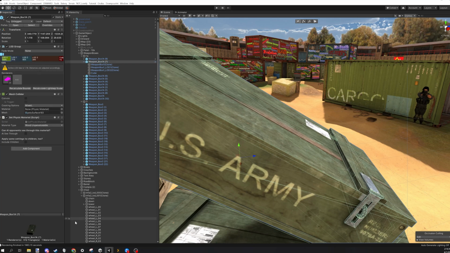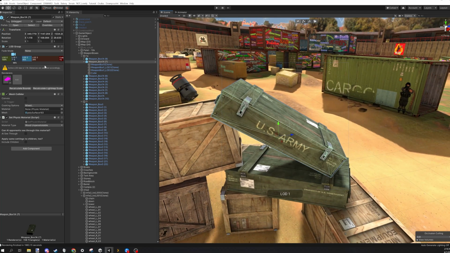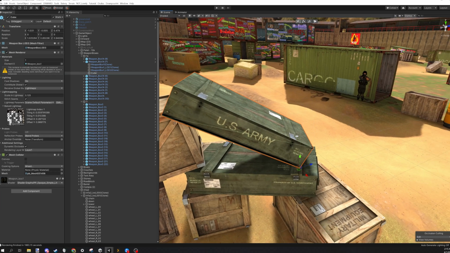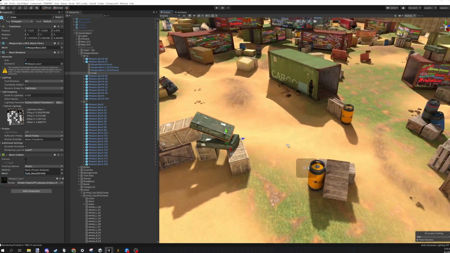So, 512 trees, 368. That's what Quest sees. 156. That's what Quest sees from a middle distance. And LOD 3 is 12 trees. This is the one I created myself, and that was just a cube. And I just wrapped that cube in the texture file. That's what the camera sees when it's really far away,